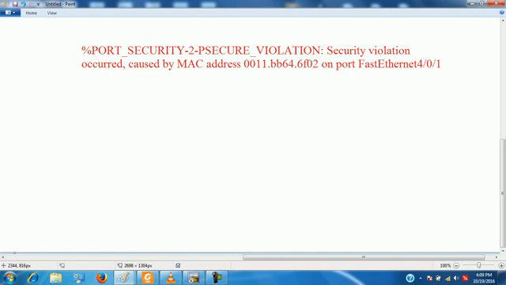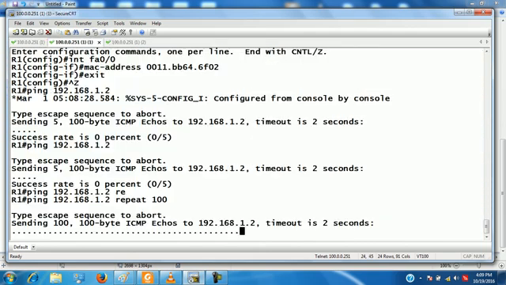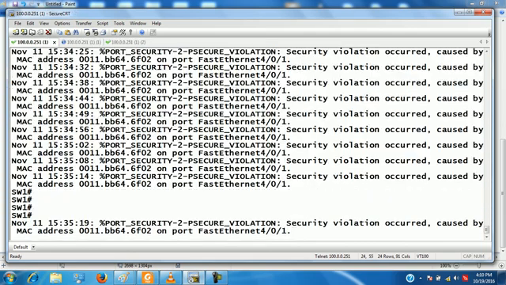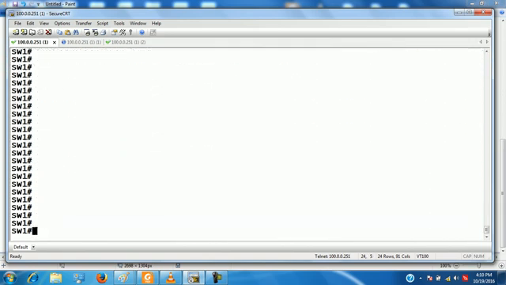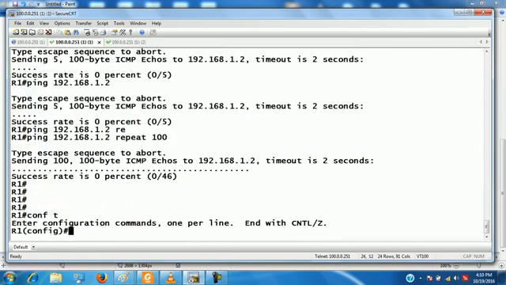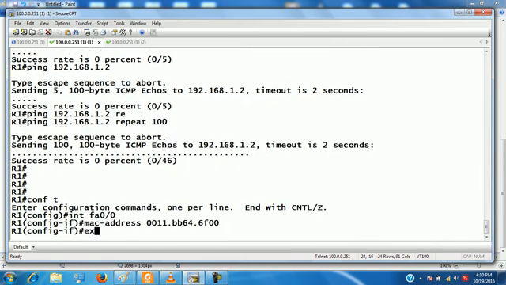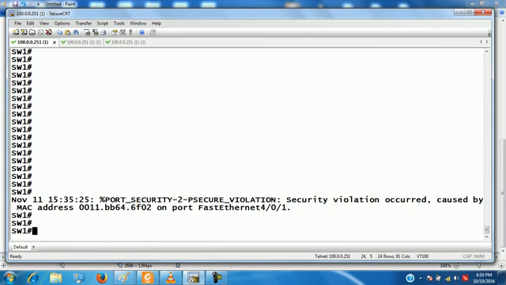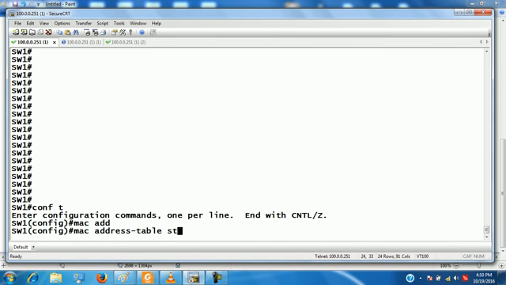So how will I do it? Look here. MAC address table, static.